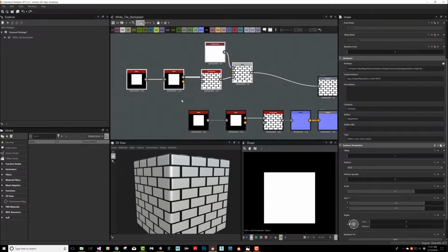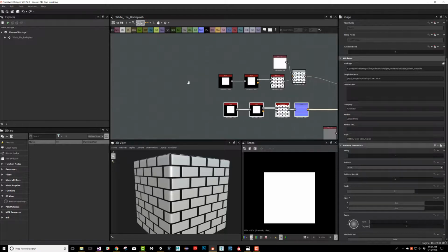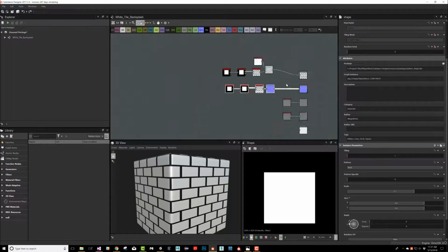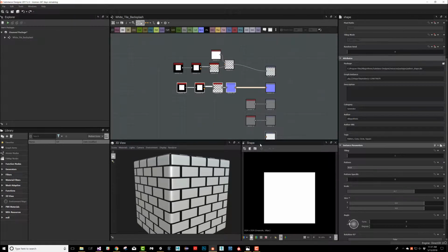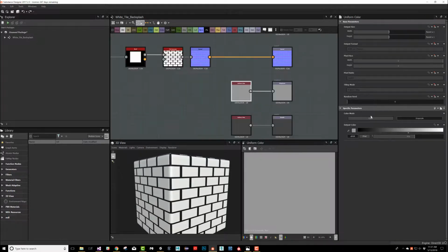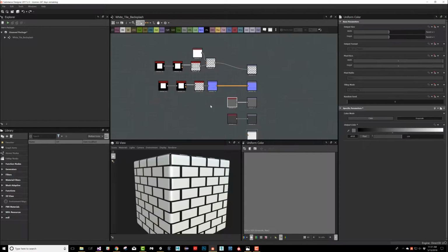I covered that in the brick video, but it can get a little bit confusing if you're starting out with Designer. You can create another blend node here and then blend both and just duplicate, or grab the node and copy it into both. So that's really it. And like I said before, what's really neat is if you adjust this, you can adjust how matted you want the bricks to be, or this is more about matting. That's the reflection, and this is your reflection rather. So you can adjust how reflective you want it or what have you. So let's really quickly